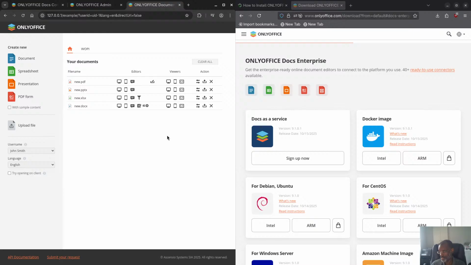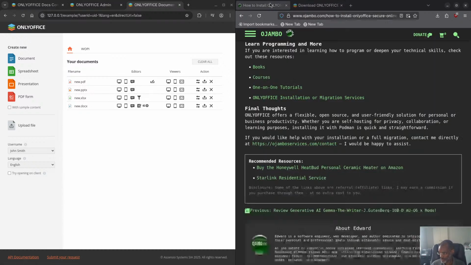So this is it. You see, it's pretty easy to use, and that's it. Just wanted to show that to you guys. It's extremely easy to use. I'm really impressed with this, and it doesn't take up too many resources. If you go back to the command line,